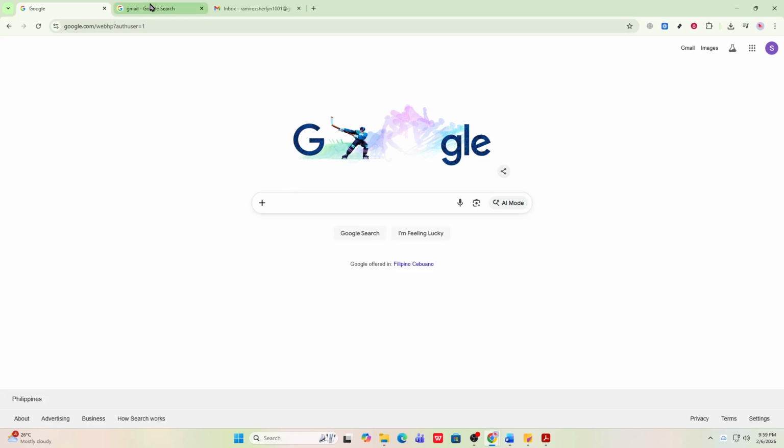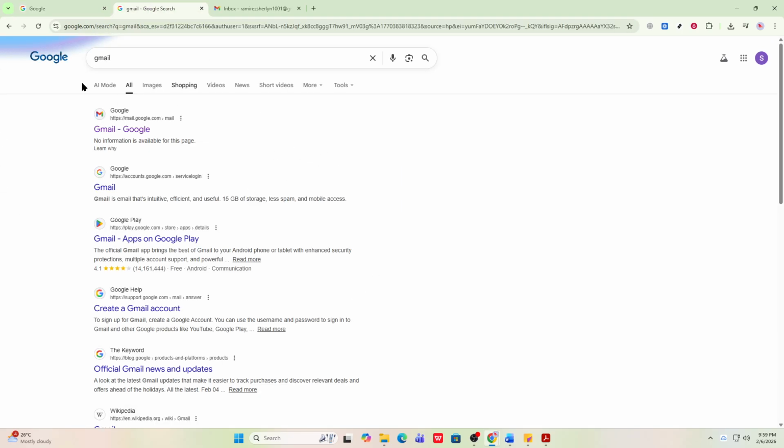Next, go to the Gmail website. Click into the address bar at the very top of your browser window, type www.gmail.com, and press enter on your keyboard. The address bar is where you see website links, it's not the search box on the page. Double check the spelling and look for the secure padlock icon next to the address so you know you're on